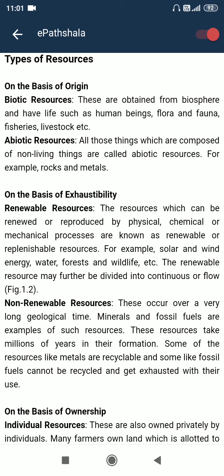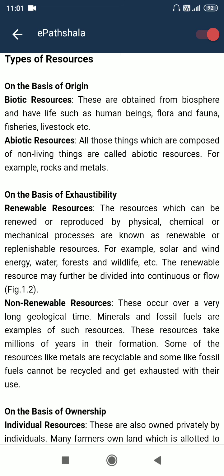non-renewable resources. These occur over a very long geological time. Minerals and fossil fuels are examples of such resources. These resources take millions of years in their formation. Some of the resources like metals are recyclable and some like fossil fuels cannot be recycled and get exhausted with